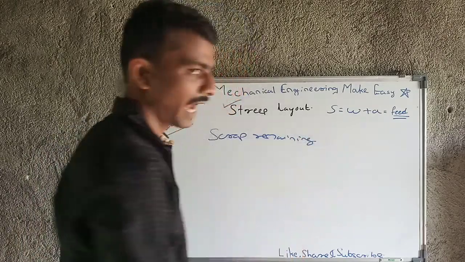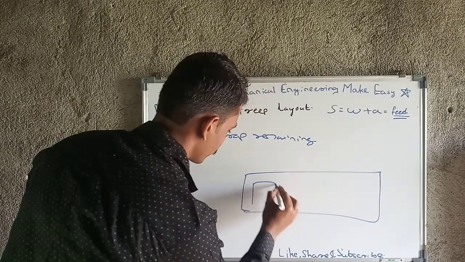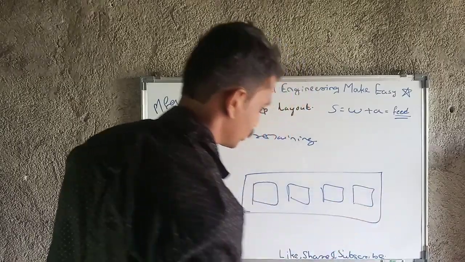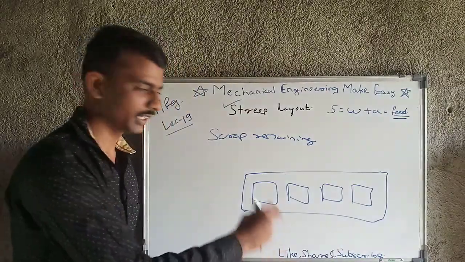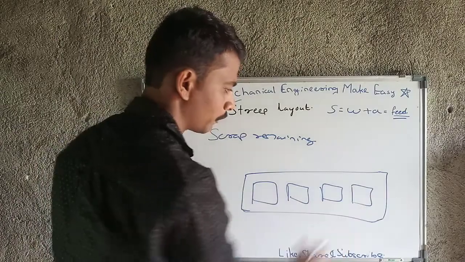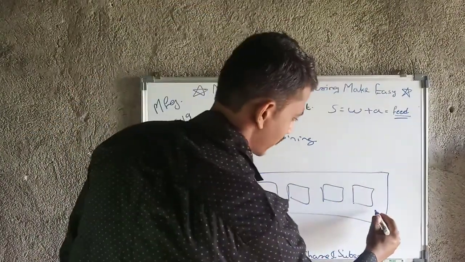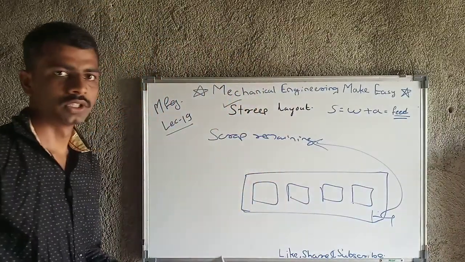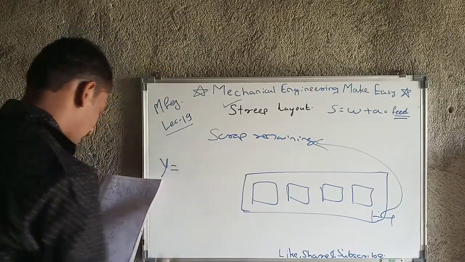Scrap remaining at the end of the strip means, if this is the strip layout, for example, we have cut a number of portions here, and here also. But ultimately some portion of this strip is remaining, and we can't cut our component there. That much width is not there, so that is nothing but scrap remaining at the end of the sheet. And that has a value, which is denoted by y, and that y is equal